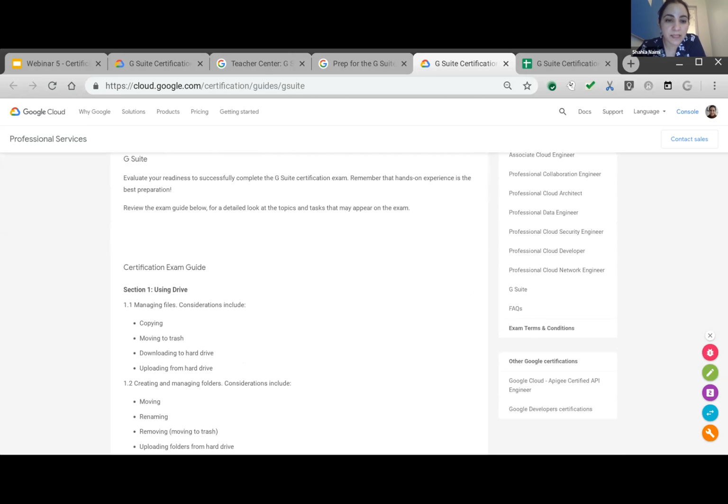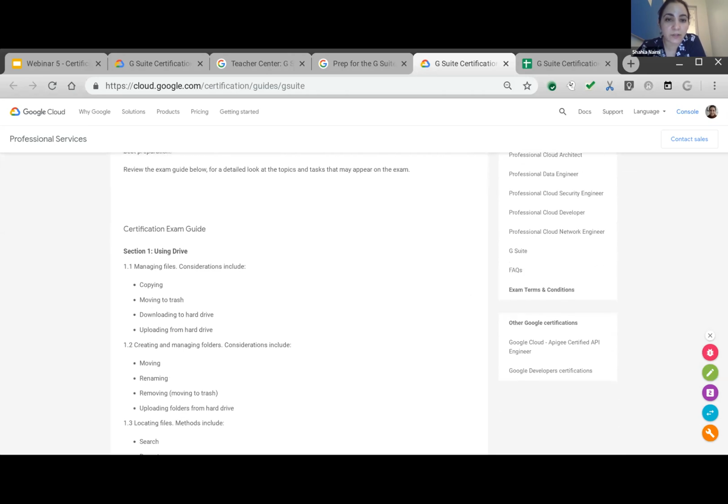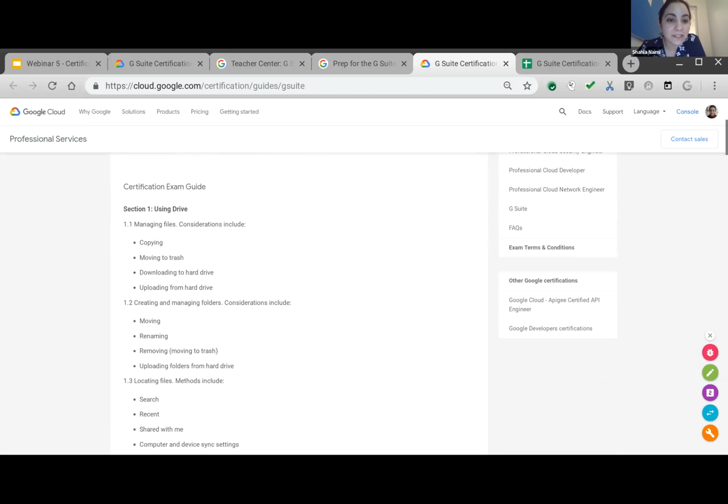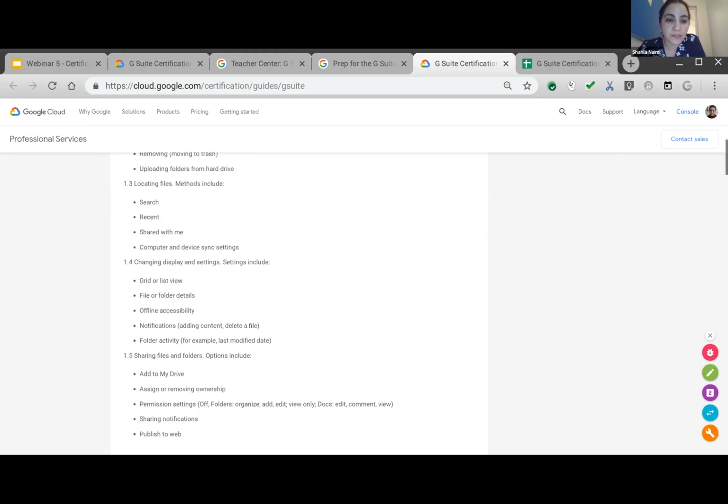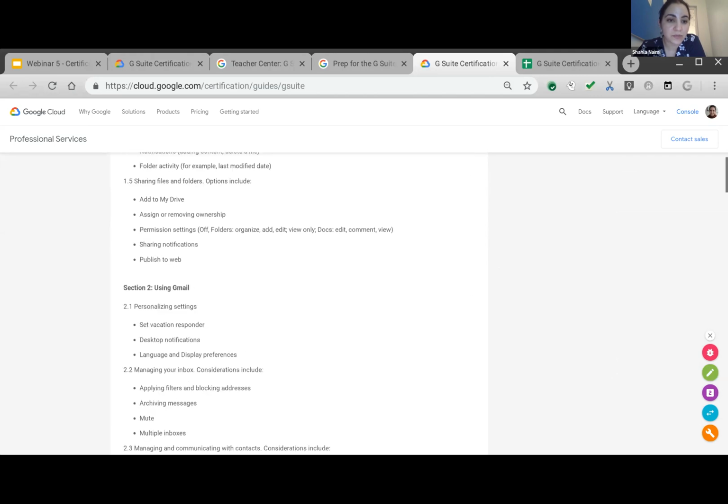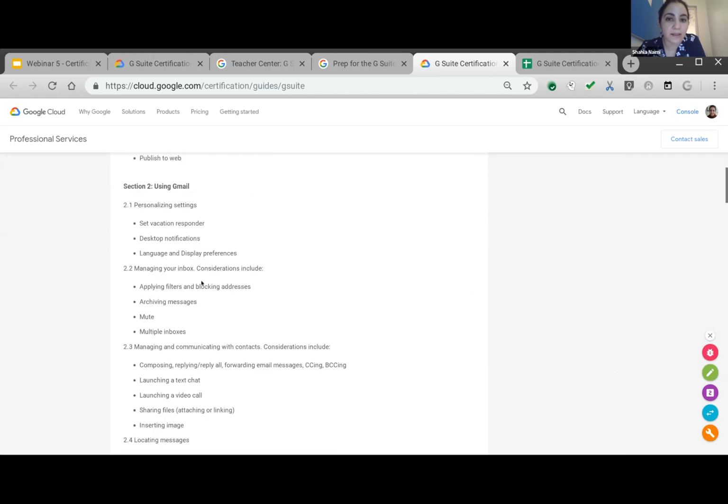And what this does is it covers everything, a really detailed look at all of the topics that might be covered in the exam. It's split up by sections such as using Drive, and then a subsection like managing files, such as copying, moving a file to trash, uploading from hard drive, etc. And it goes through this for every single app. So using Drive, using Gmail, etc.